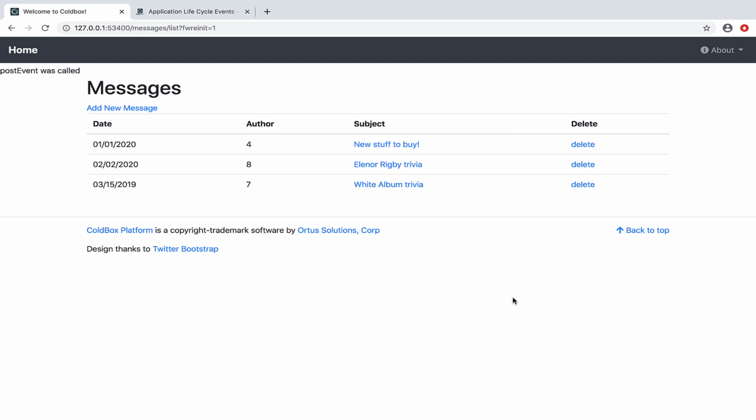You can see here it ran after my messages list event, which is the page we're on now. In fact, I'm going to get rid of that fwreinit in the URL, just so that it doesn't look like I'm doing any trickery there. Now we've got messages list with nothing else in the URL, and you can see post-event is still running how we expect it to. Notice how even though it ran after the event, the text didn't appear at the bottom